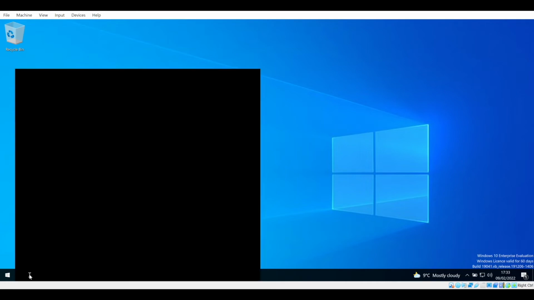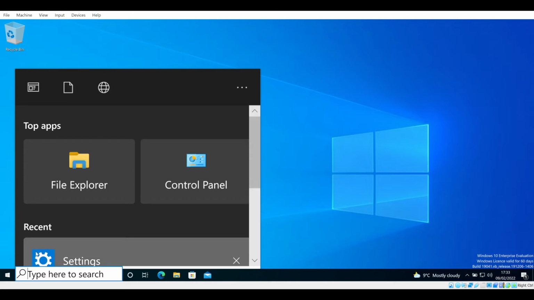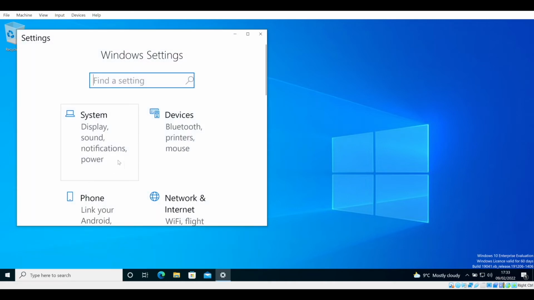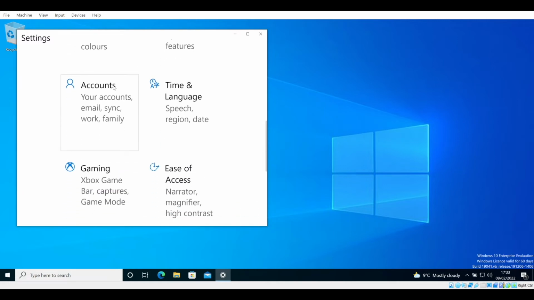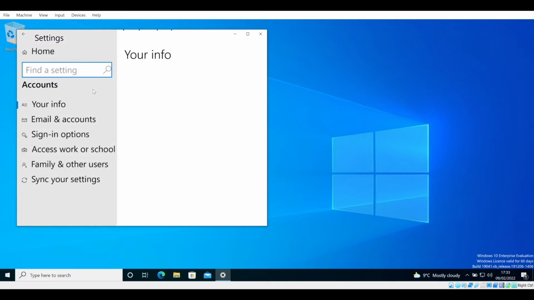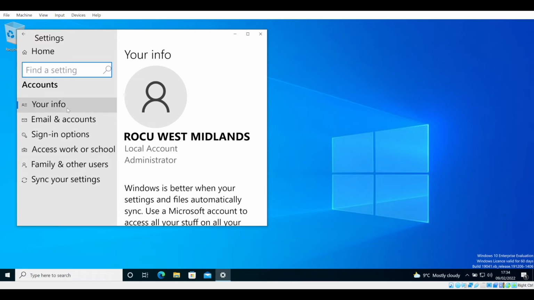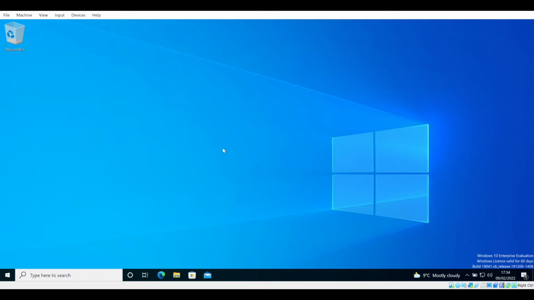So firstly, we need to be logged in as the administrator of the machine. If we go to Settings and then to Accounts, we can see that in the Your Info section, it states that Roku West Midlands is a local account and an administrator on this machine. Now if we close this and navigate to our File Explorer at the bottom of the page, select our File Explorer,